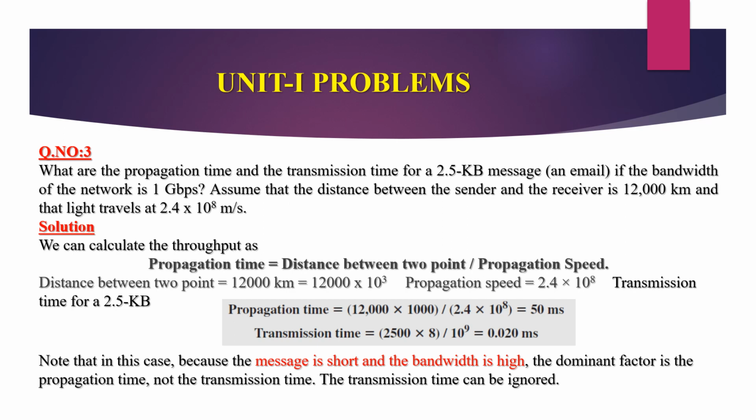The transmission time is for a message of 2.5 kb. So 2500 bytes, and it is converted into bits, that is multiplied by 8, divided by the bandwidth of the network, which is 1 Gbps, that is 10 power 9, right? So the transmission time is equal to 2500 into 8 divided by 10 power 9, which is equal to